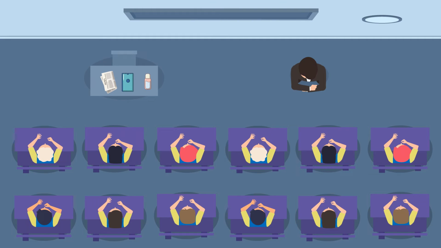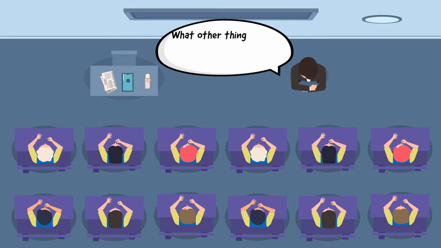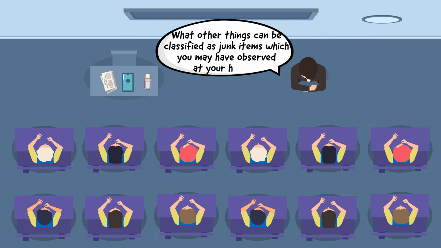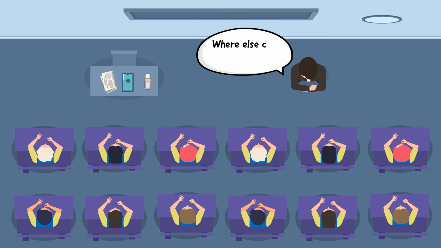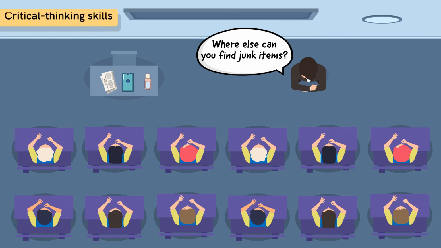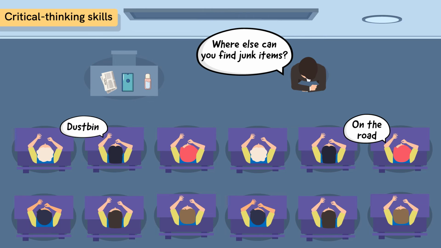Then ask the students, what other things can be classified as junk items which you may have observed at your homes? Accept all possible responses. Continue to ask, where else can you find junk items? As the students think about possible responses, it will aid in developing their critical thinking skills. The students may respond by saying that junk items can be found on the road, in a dustbin, or with